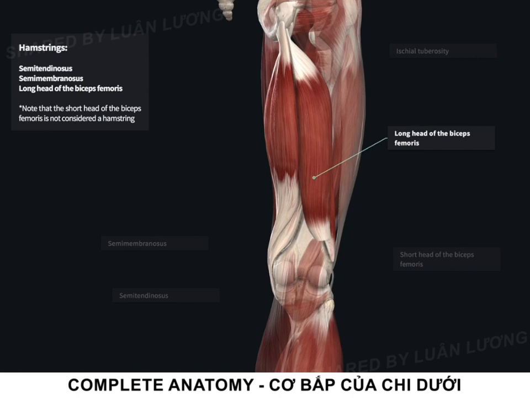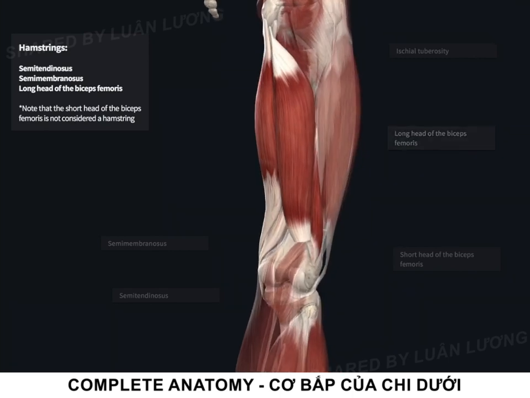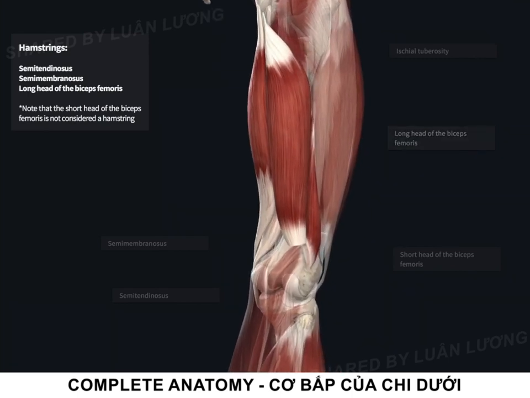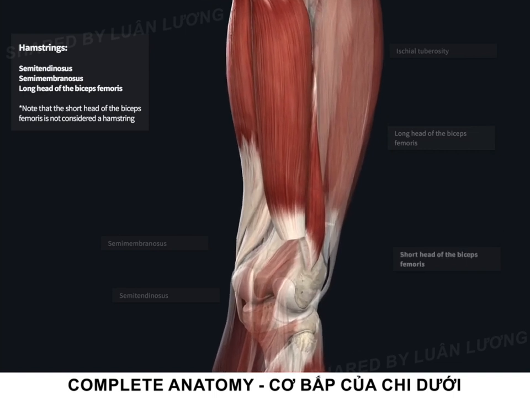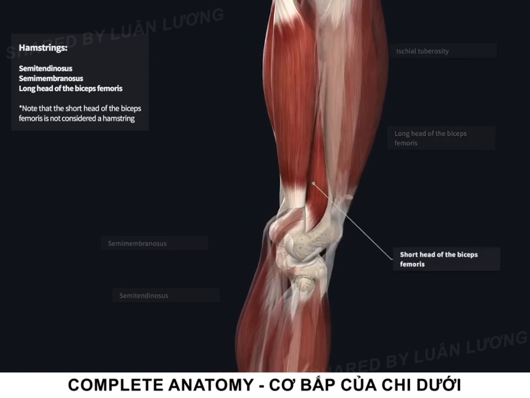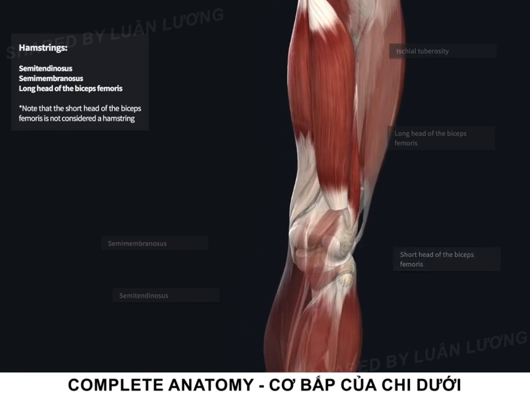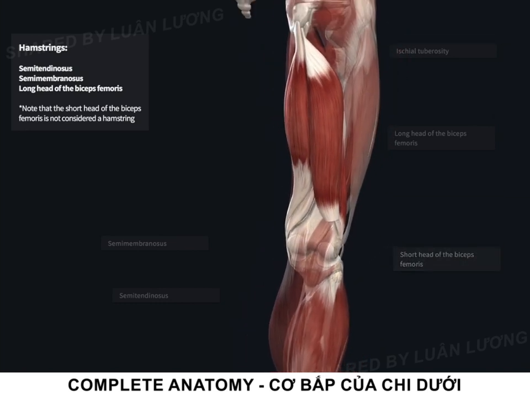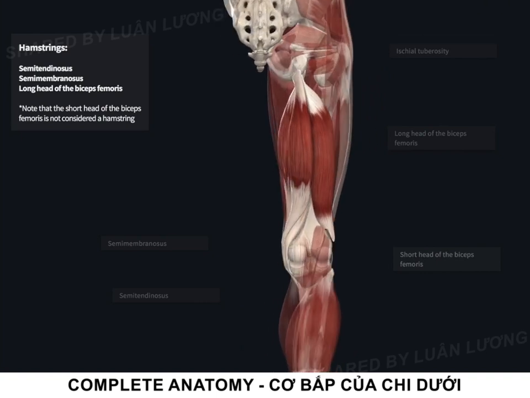So the long head of the biceps femoris is a hamstring muscle, but the other head, the short head of the biceps femoris, does not cross the hip. It only crosses the knee. So this muscle is not a hamstring, even though it's only half of the biceps femoris. So the short head of the biceps femoris is going to help with knee flexion,